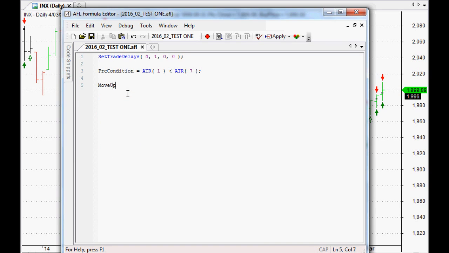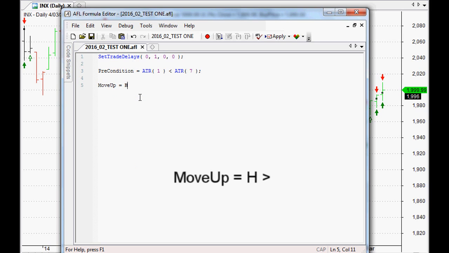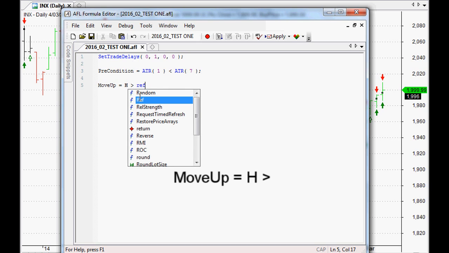Now, I'm just going to call this move up, and again, you could call this anything you like. It's just an array that we create, so we're the creators here. We have the power to call it anything we like, which is really great. But what I want, as we said, is for the high, which is just H, or you could type in high as well. Both of them will work, but we want the high to be greater than,